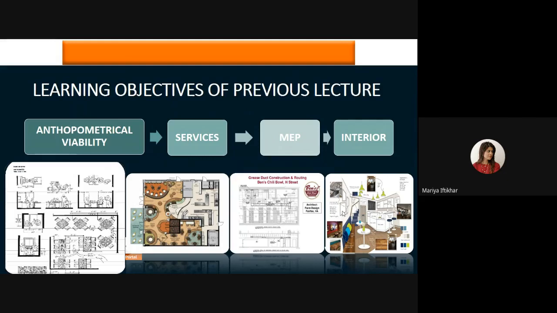So you have to consider what type of services, whether related to storage, kitchen, washrooms or seating spaces, whatever services you have to incorporate, you have to consider what type of services are to be considered in the front of the house, and what type of services are to be considered in the back of the house, plus how strong you develop the connection